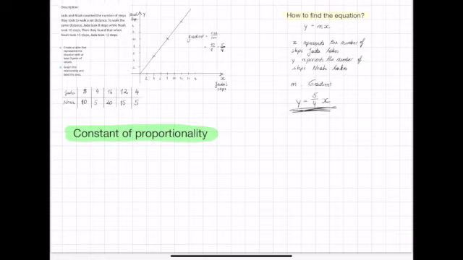So the constant of proportionality is the change in y for every unit change in x. Now, what does that mean? Let's clarify. So,